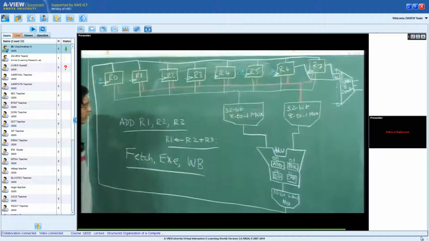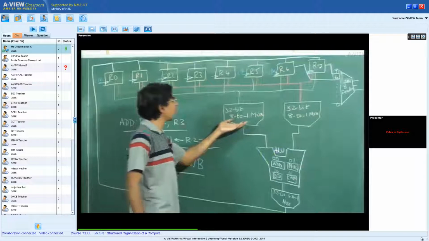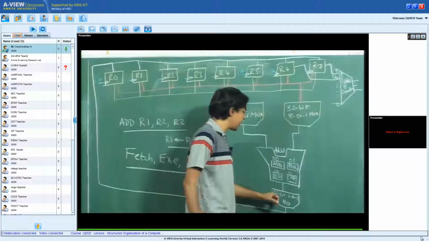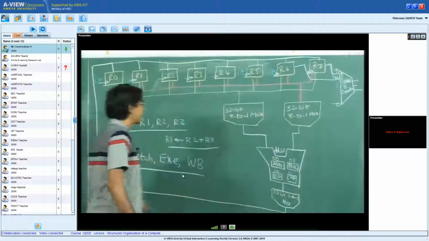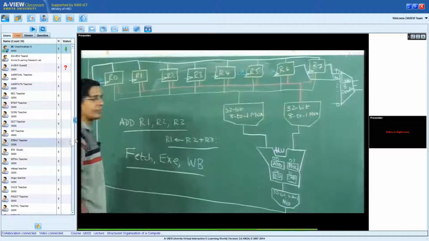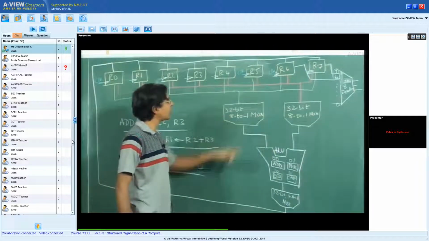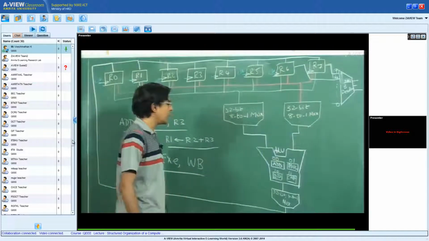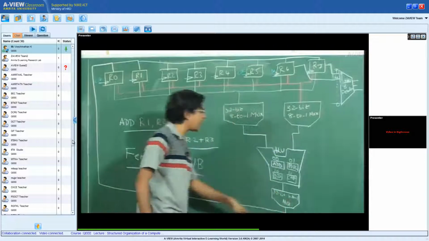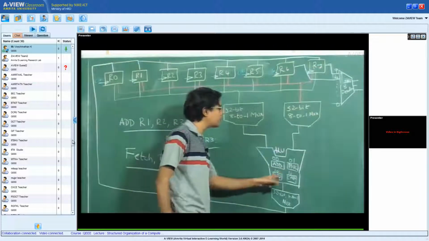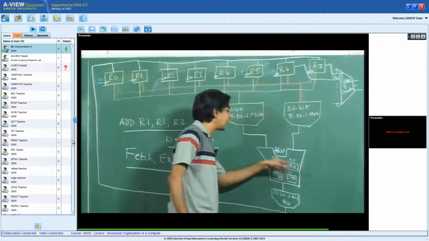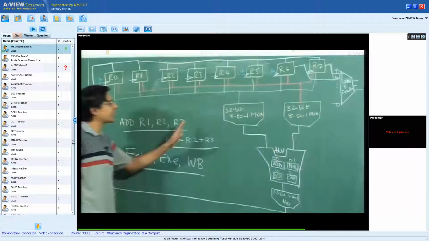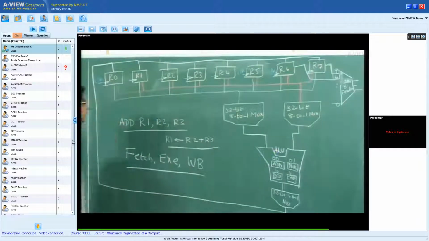So I am using a 32-bit 8 to 1 mux for the ALU input and also a 32-bit 4 to 1 mux for the ALU output. This 8 to 1 mux comes because I have 8 registers from which I have to choose one of them. This 4 to 1 mux comes here because I have 4 arithmetic units, each of which will give me a 32-bit answer from which I have to select one of them. So this is how I construct the micro architecture.